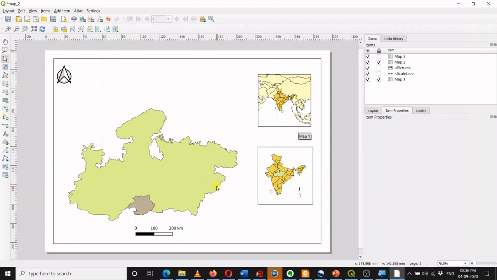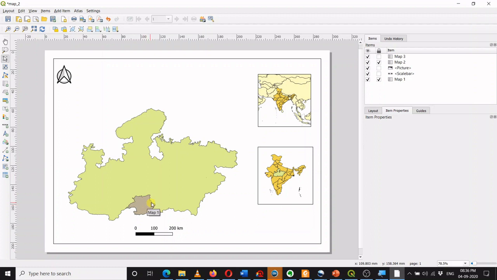But you need to ensure that while using your inset map, there should be a connection between these two maps, and do not change the color. If the color of the India polygon is shown with a certain color, use the same color in the successive map, so that the viewer can relate. This is India, and this is MP, and this is the Betul.